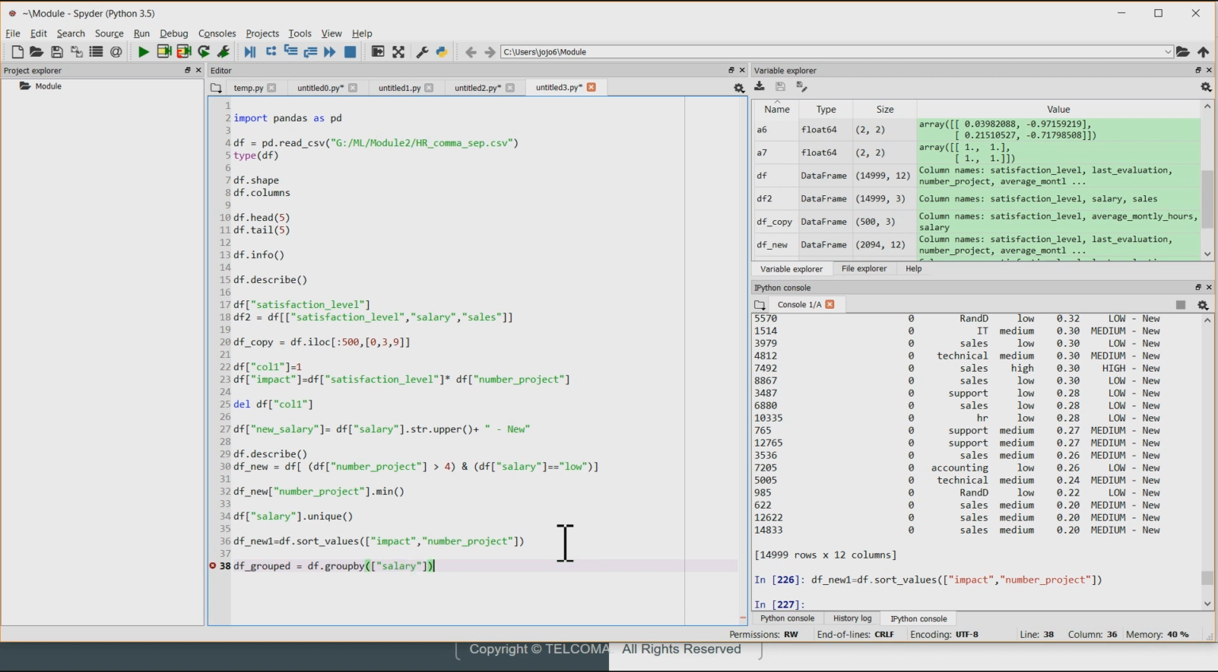Now this creates a grouped data frame. We just provide one more switch. You'll say as index is equal to false, so that this column is not treated as an index, rather it would actually come as a column in the new data frame. Now once we group the data frame, we can actually summarize the data. So how do we summarize? We select the column of interest, and in this scenario we say satisfaction level,